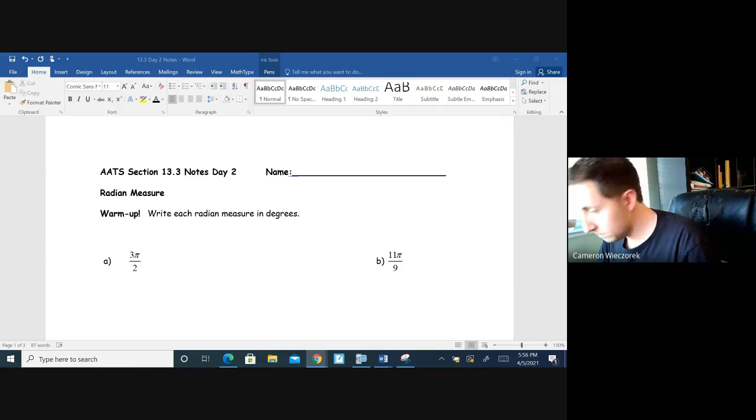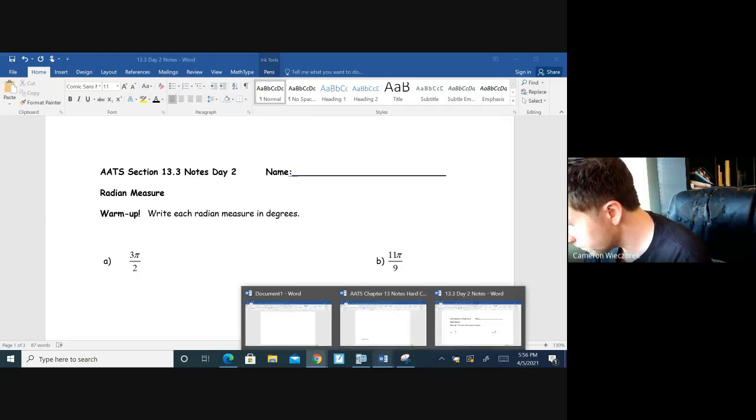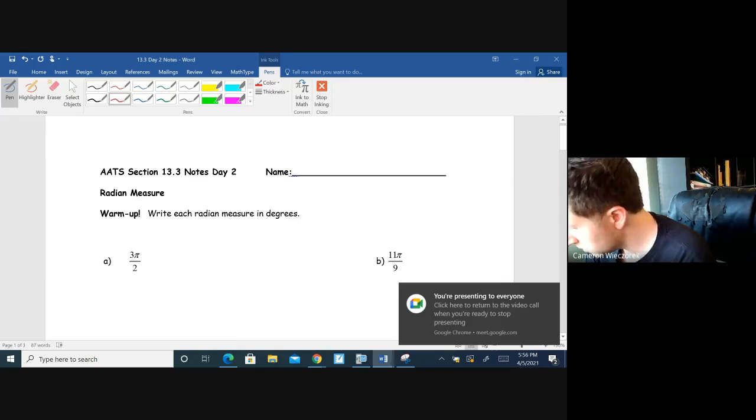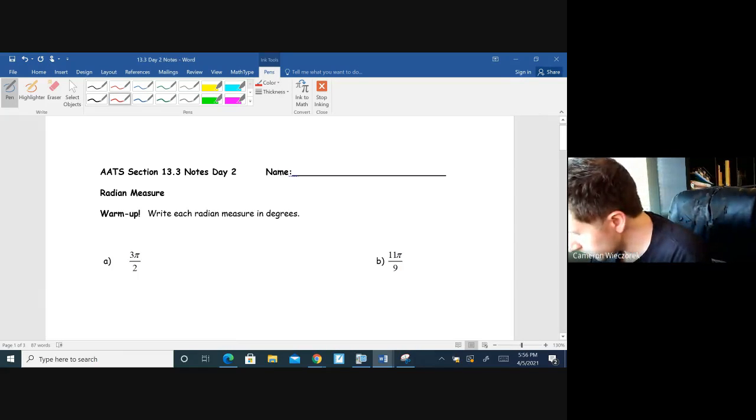So let's start with a warm-up. This was what we were looking at yesterday. We want to convert radians to degrees in the first two. So as a reminder, let me make sure my pen works here. Whenever we're converting radians to degrees,